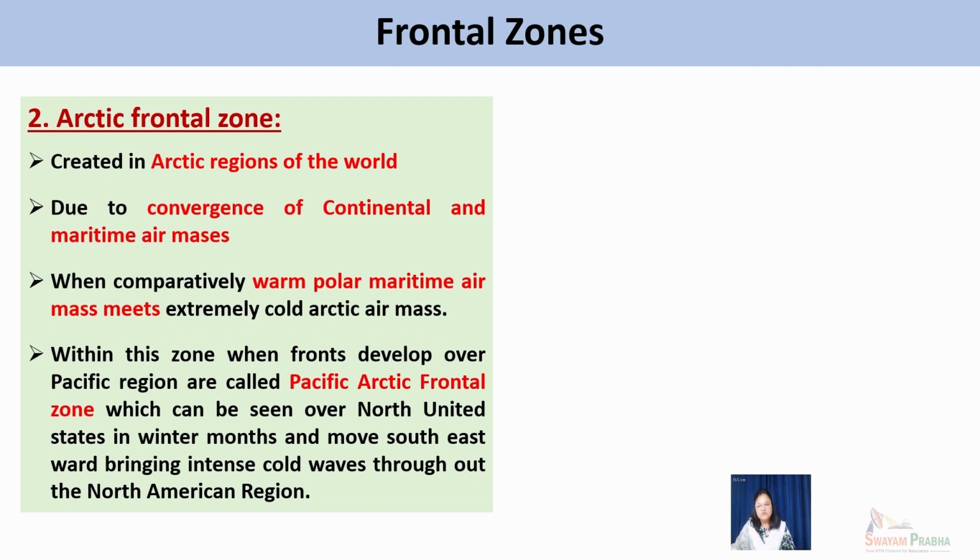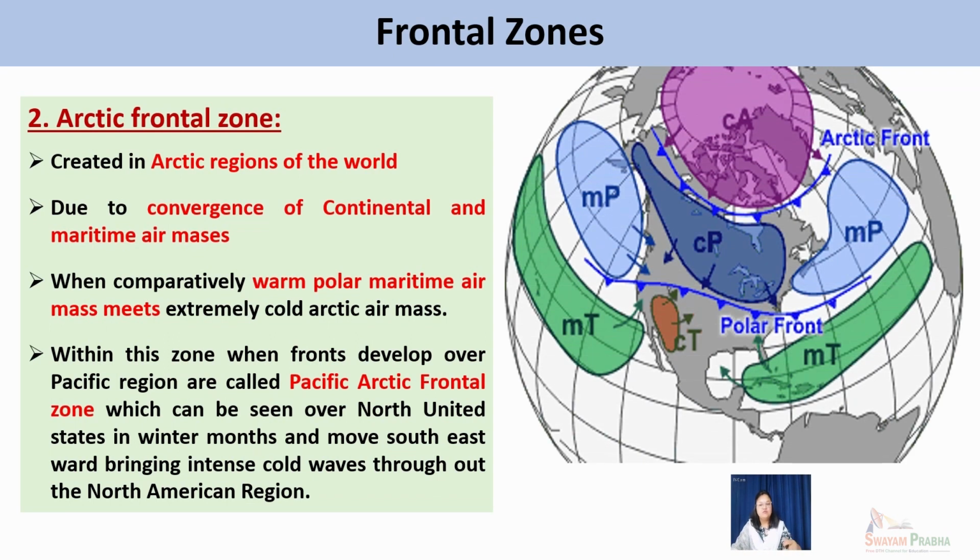Besides polar frontal zones, we have Arctic frontal zones, which are formed north of the polar frontal zone areas. Arctic frontal zones are mainly formed due to the convergence of continental and maritime polar air masses. You can see in this diagram that because of very low temperatures, the continental Arctic type of air masses originate in these chilly climatic conditions, which tend to move southward once they are formed, and they are